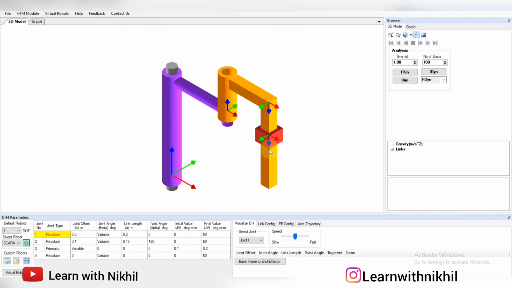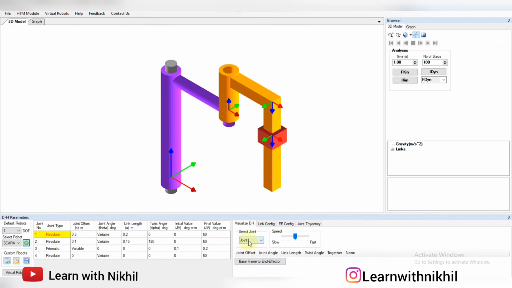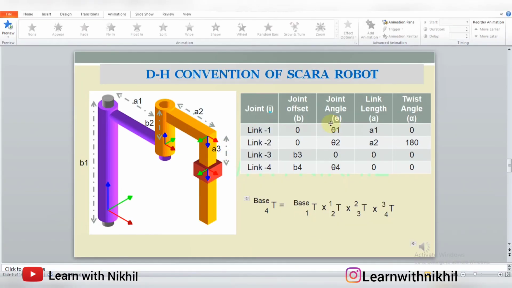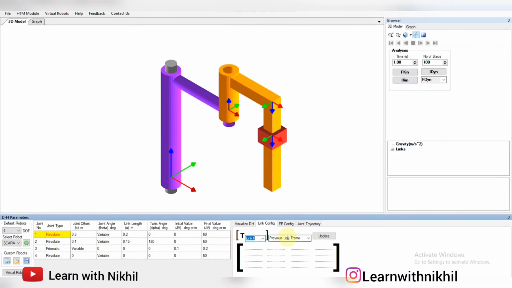So at this particular position, you have to select joint 1. So for joint 1, then for going to link configuration, here this is the transformation matrix. Click here on link 1. So transformation matrix of link 1 with respect to the previous frame. So according to this table, this calculation, this is this. So transformation of link 1 with respect to the previous frame, or it's one and the same, that is the base frame. So previous frame, this is nothing but this previous frame and with the link 1.